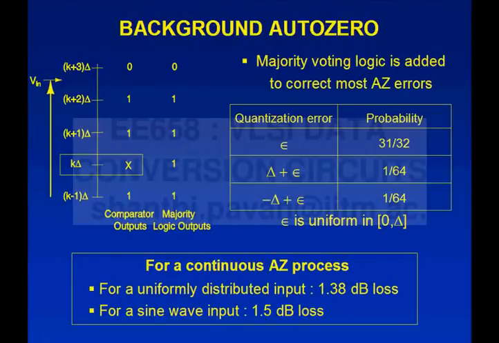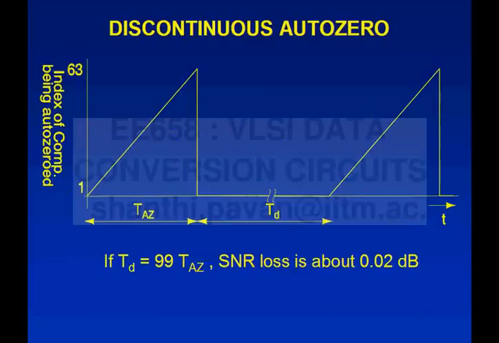So if you lose 6 dB over the entire range in the worst case, nobody is going to yell at you, right? So to begin with, this 1.5 dB is small, but it turns out that you can actually do better than this by